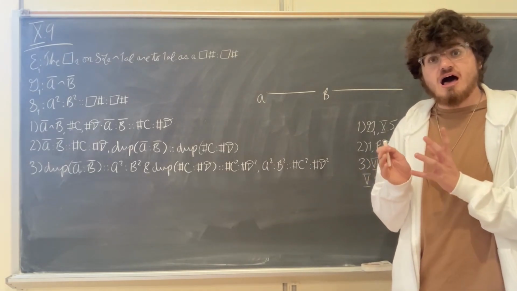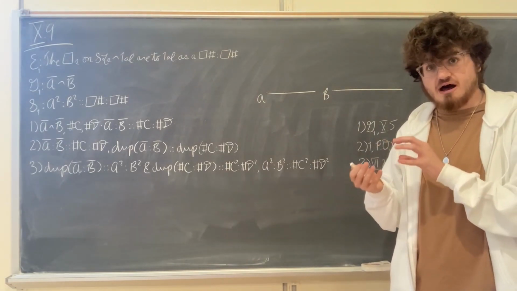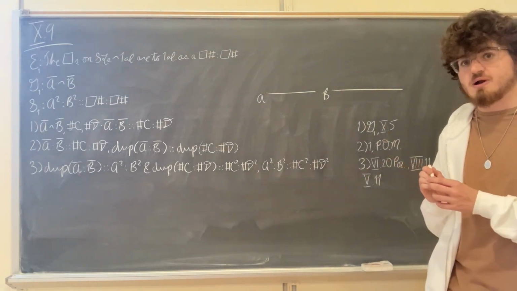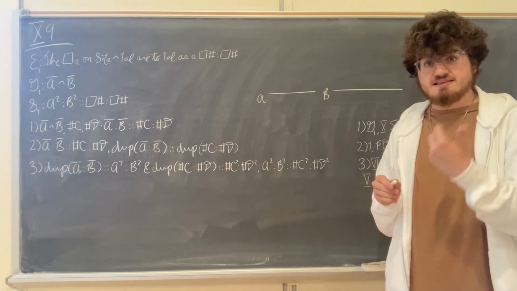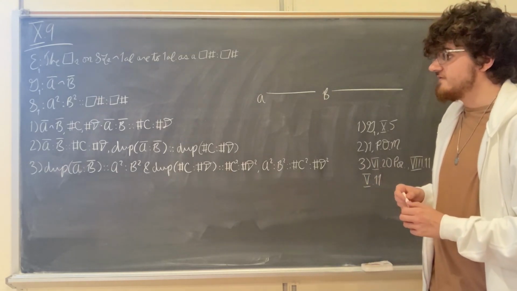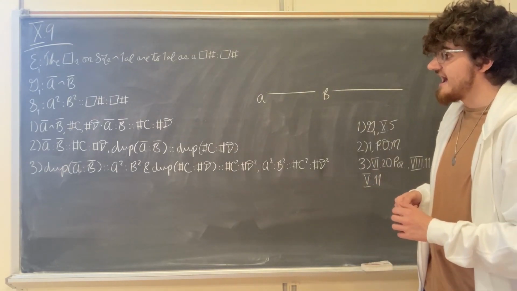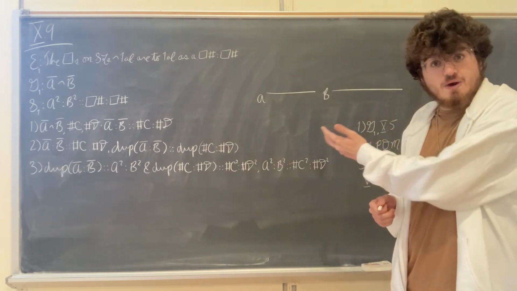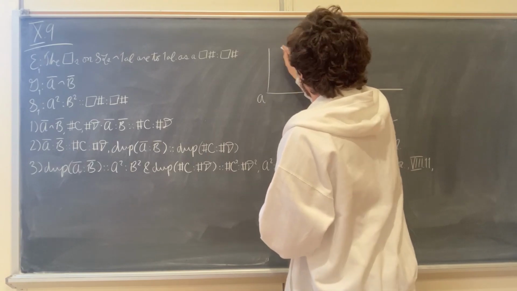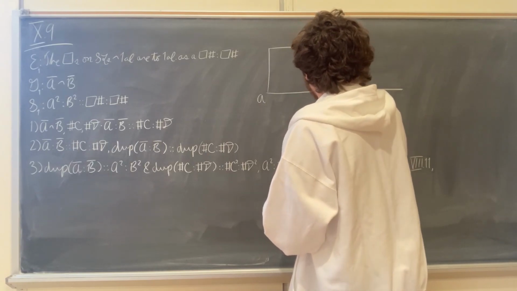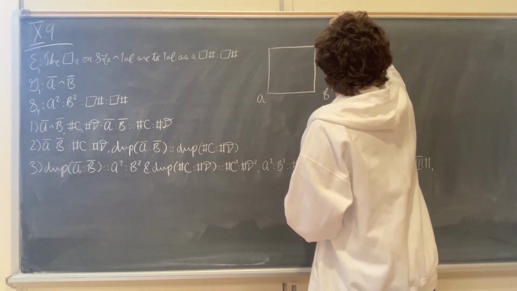Now, the duplicate of the ratio which the line A has to the line B is the same as any ratio of similar polygons put on top of them. That is what the porism of Proposition 6.20 tells us, that similar rectilineal figures are in the duplicate ratio of their corresponding sides. So in this case, let's put some squares on top of these lines. And of course, all squares are similar to one another,